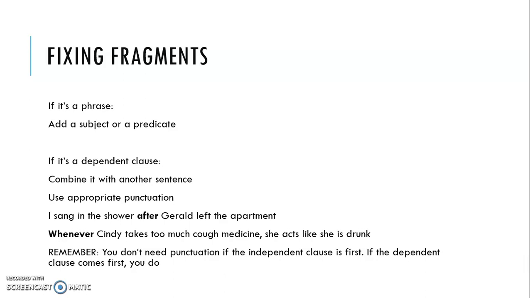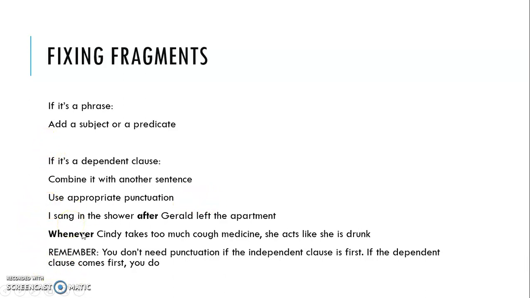If it's a dependent clause, it's also pretty simple. Usually, I find that students just fix these by adding them to the sentence before or after with appropriate punctuation, which we'll talk about. But you can also fix it by completely rewriting the sentence if you want to. I do want to take this second to point out that